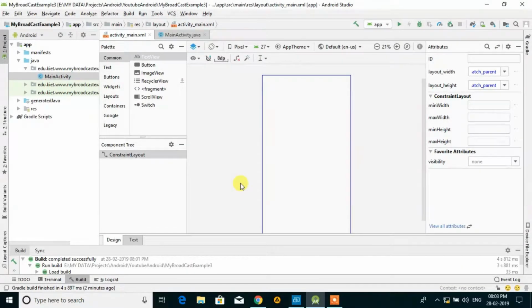Today in the Android learning series, we are going to learn the use of broadcast receiver in Android. Actually, broadcast receivers are the intents that automatically fire in an Android mobile whenever some kind of predefined or custom event occurs.